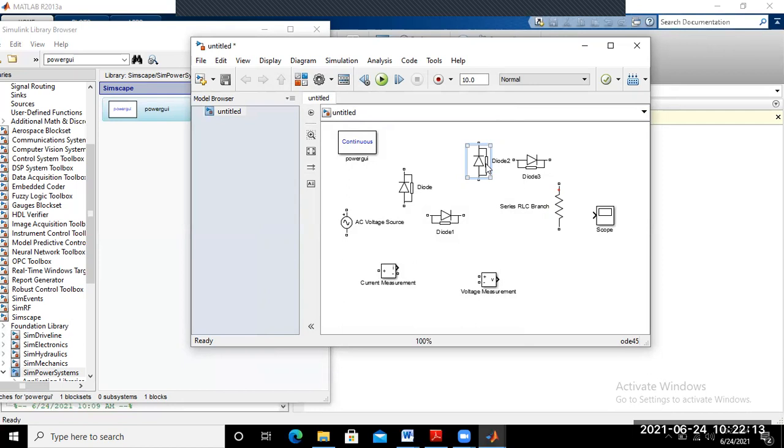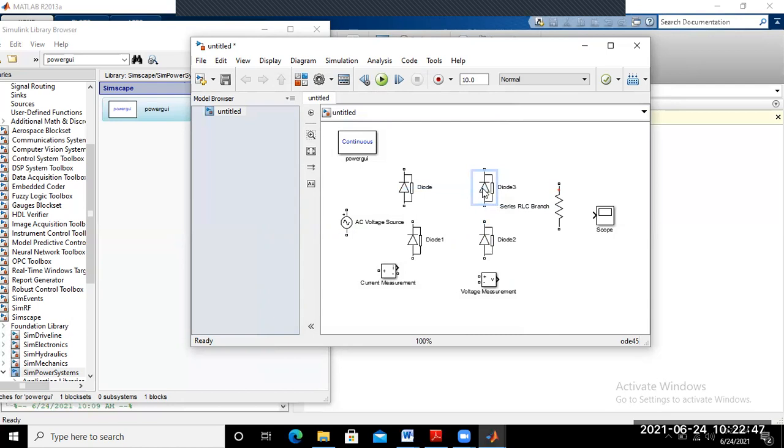Okay. So this one is put here. And again this diode, control R, and this one is placed here. Again this diode, if we place here, that means D2, and this one is your D3, rotate again and just put here.